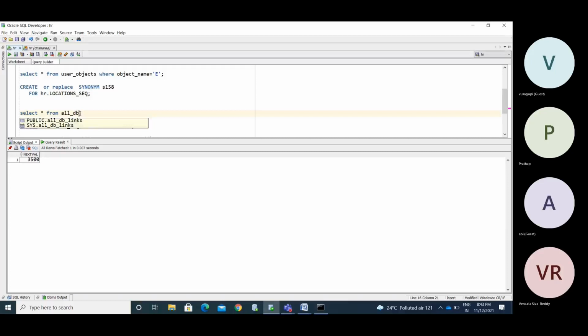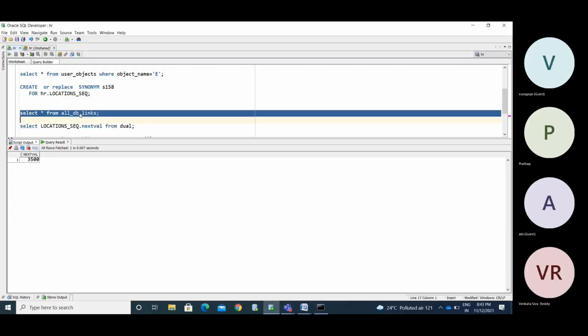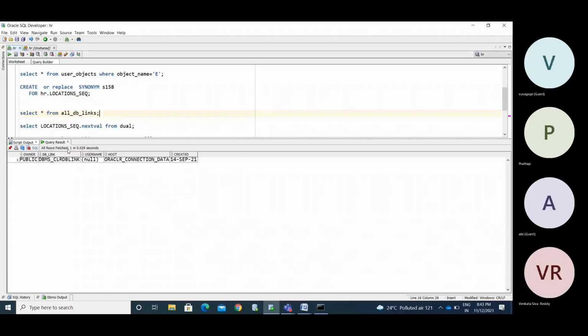You won't get any data in DB links unless you have any database links; then that data will be present in all underscore db underscore links. Any database link you use will be in this.